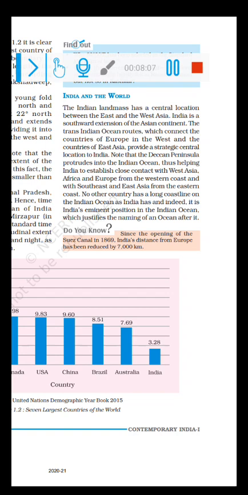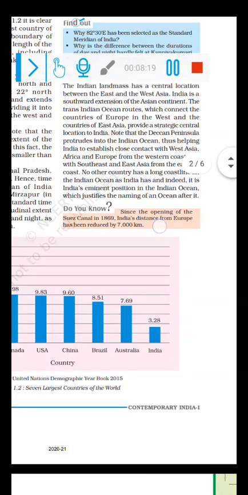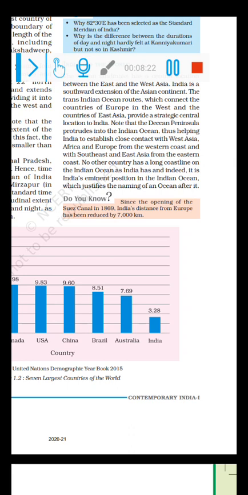So strategically India is very important, and it has been exporting its spices to various countries of Europe, Asia and Africa through its sea routes as well as land routes. It has got the advantage of both land boundaries as well as sea boundaries. So it has got a very close relationship with the Western Asian countries, Africa and European countries, and the Southeast Asian countries. All these countries are related or connected to India. No other country has a long coastline as compared to India. India has got an advantage of the Indian Ocean. It has got a very eminent or very important position.